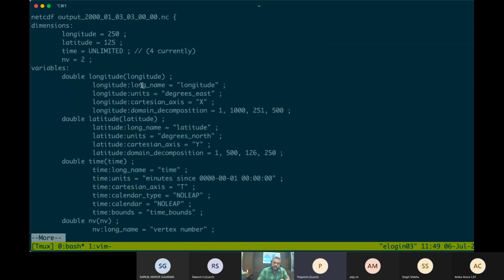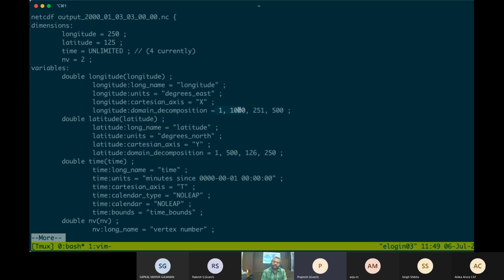So if you check this output, you can see that there are 4 times in this. Okay, and you can see that its longitude is 250 and latitude is 125. That's because it's just a portion of the domain. And also it has written the domain decomposition here. The information that is in the X domain.